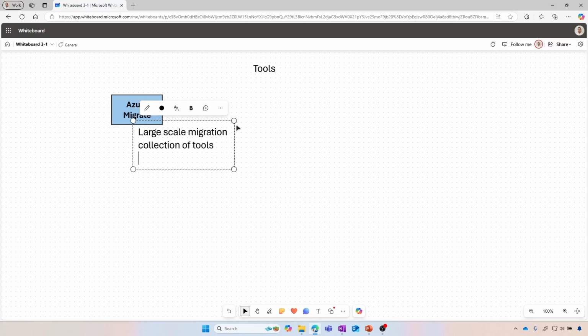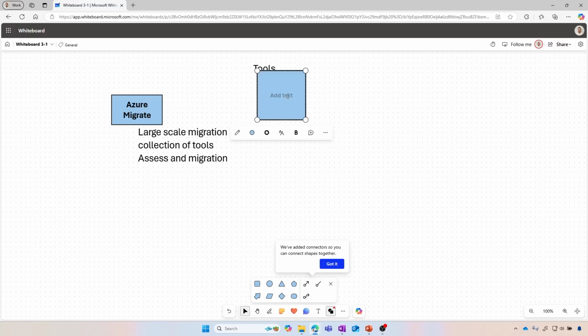It's a multi-tool where you can do both the assessment and the migration. It's a single tool that can do an end-to-end migration for a large-scale application. Very interesting as well. We're not going to really talk about this as part of the scope for our session, but be aware that it's actually leveraging the other tools that we're going to be discussing within our session.